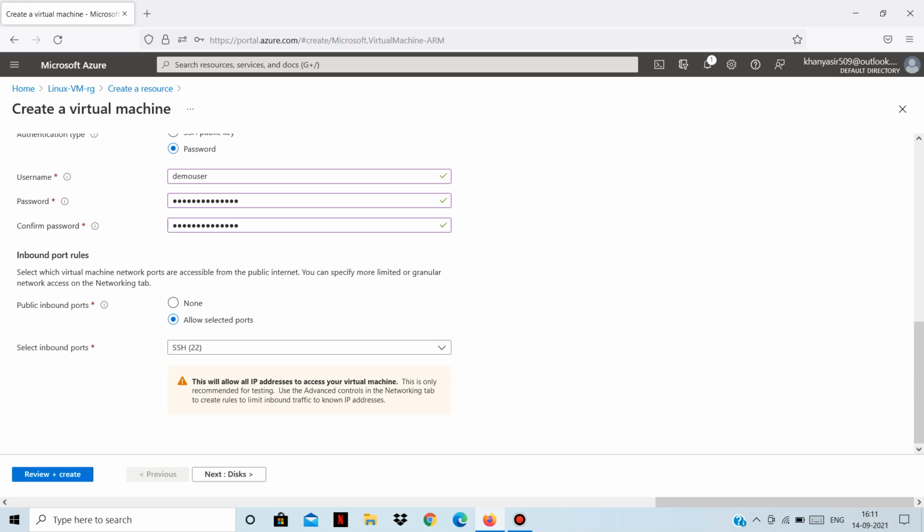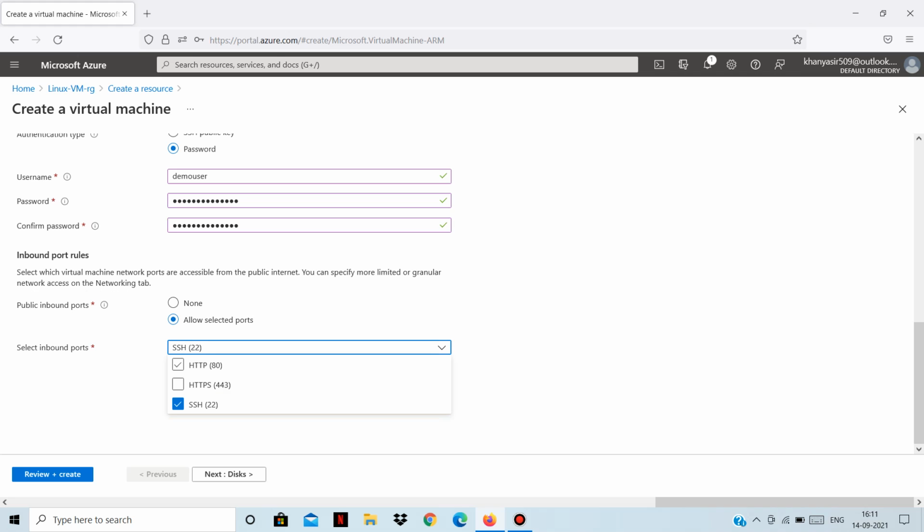Okay, now I'll tick. Again, we need to allow the ports. Because by default all the ports are disabled and are not accessible from the public internet, we need to choose allow selected ports, and in that we need to choose which ports we want to open.